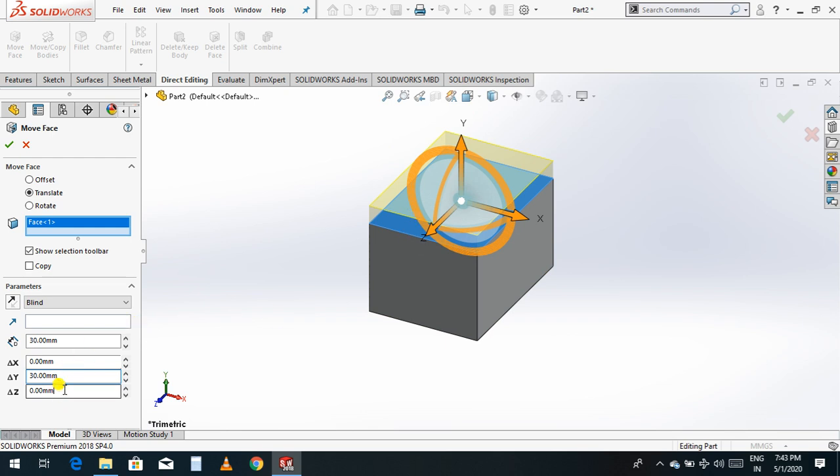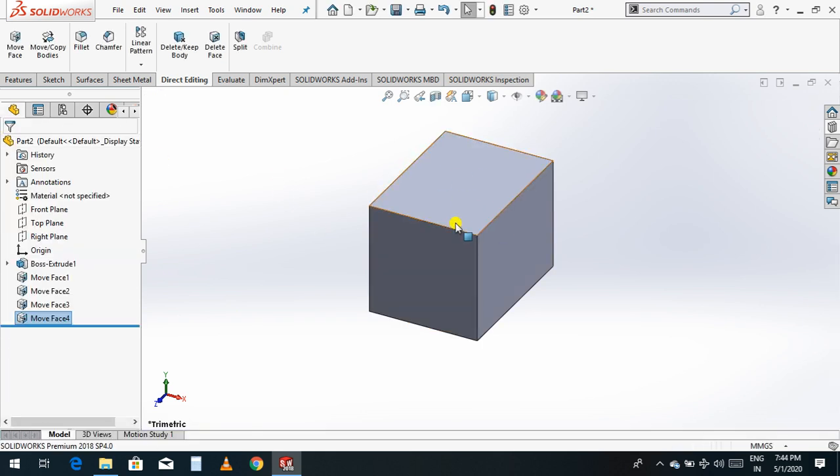If you want to give a z-axis value, I'll give 20. It will take only one direction, so you choose the direction. I'll choose the y direction, so just delete all the other directions. Now I've given the y axis on the top face 30 mm. Click OK. So 30 mm has been extruded.